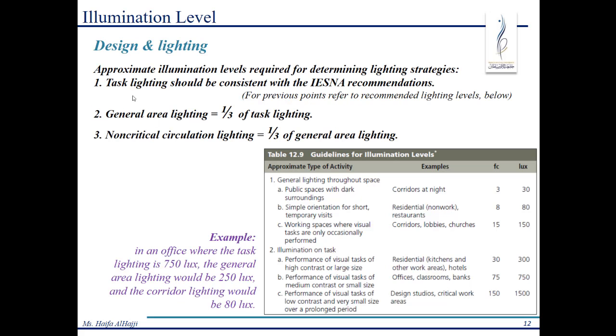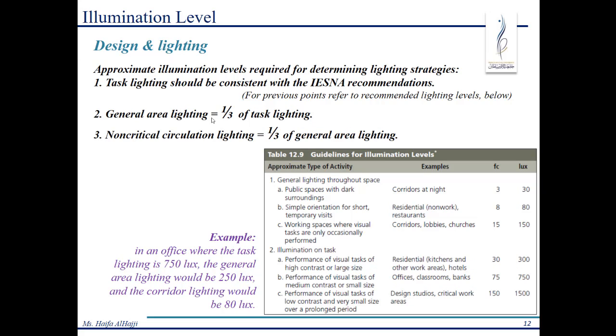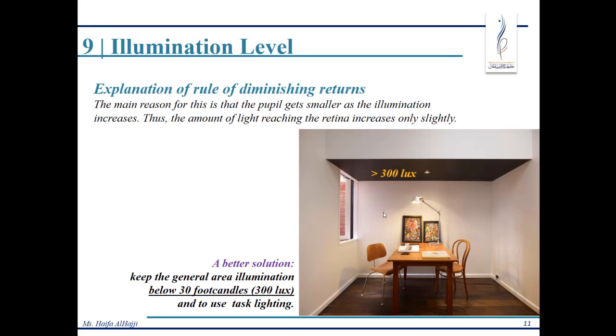As a rule of thumb, you get the task lighting recommended. Now the general area surrounding it, for example the lighting from the ceiling in here, should be 1/3 of that visual task lighting. Then the non-critical circulation lighting, somewhere not very adjacent to my visual task,